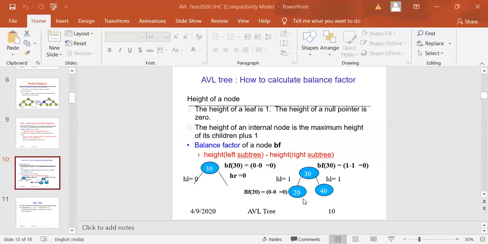And what is the balance factor of 20 and 40, as only leaf null pointers are there. So 0 minus 0, here also 0 minus 0. So the balance factor for 20 is 0. Is it clear? Okay, now it is clear.